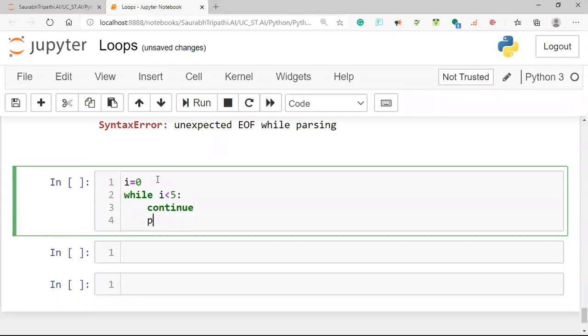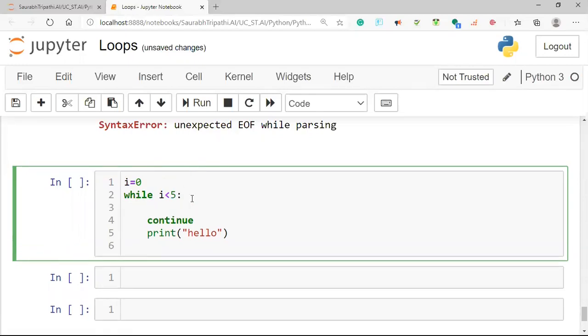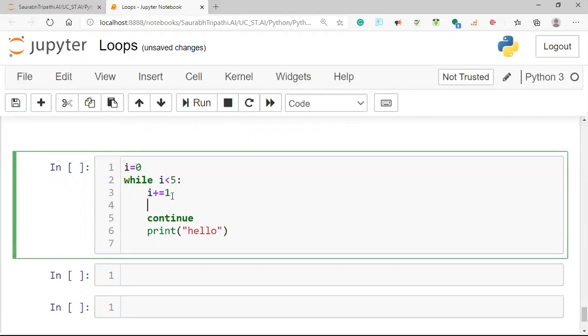And if I'm printing something after this, say I'm printing hello. The loop should become false eventually, so I'm incrementing i plus equals to 1. So it will simply become false when the value increases to 5. Before this, I'm also printing